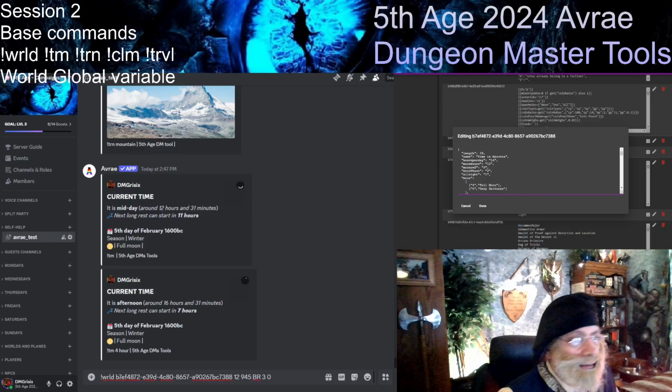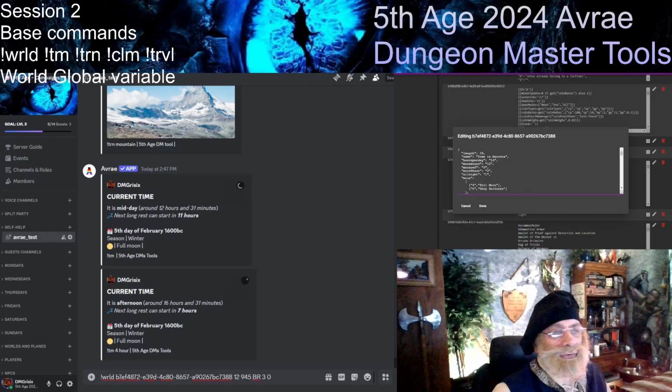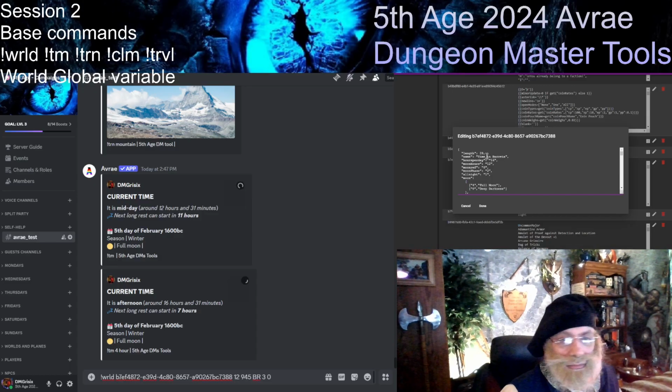So obviously the time in Barovia passes differently than the time in the world where the adventurer comes from. So then obviously the name of the calendar itself. Hours per day is a very important piece of information. By default it will be 24 hours, but in Barovia it is 16 hours per day.